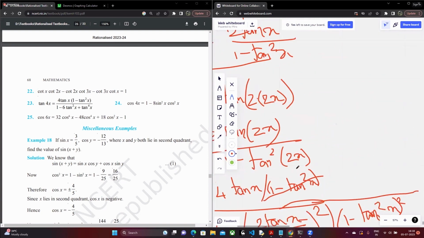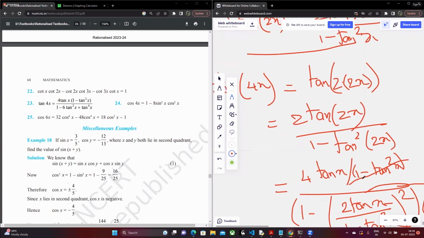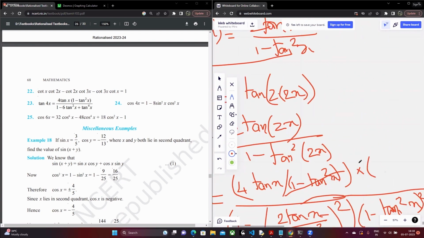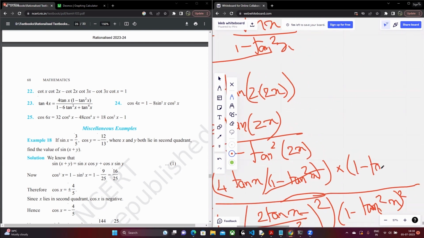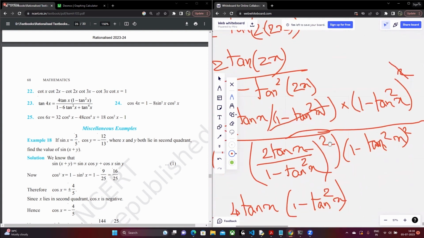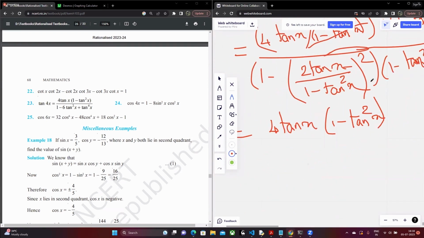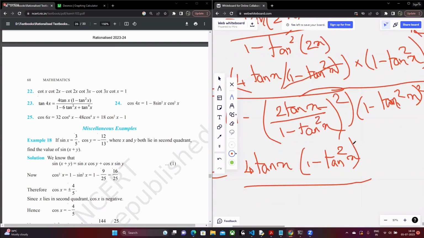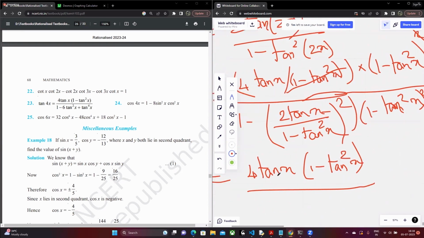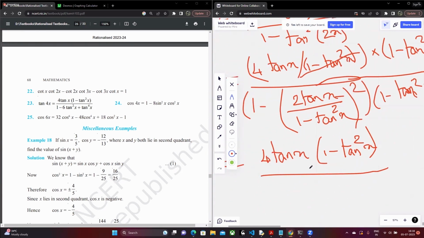And over here, multiply this by 1 minus tan square x the whole square, and 1 square gets cut off with this. So you have 4 tan x into 1 minus tan square x on the numerator, while in the denominator you basically have 1 minus tan square x the whole square